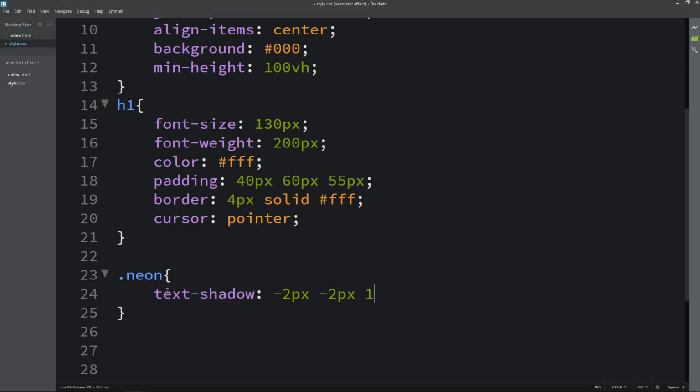So in this one we will add text-shadow and add the shadow.